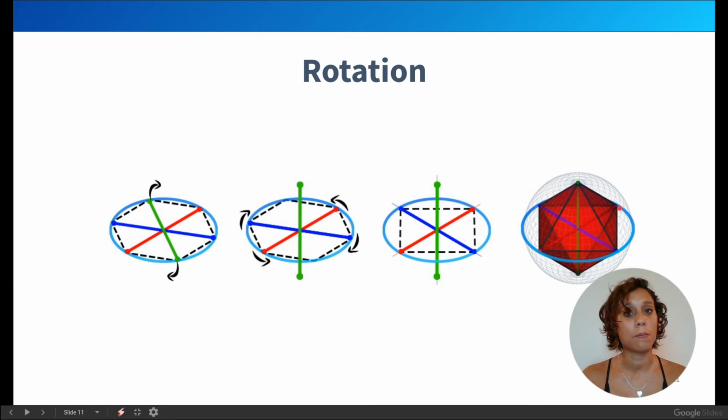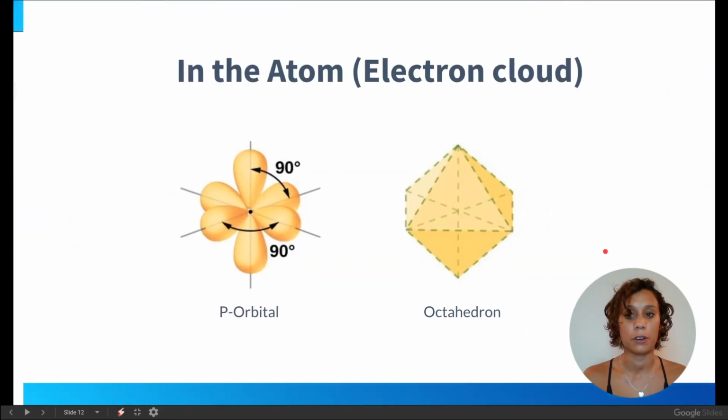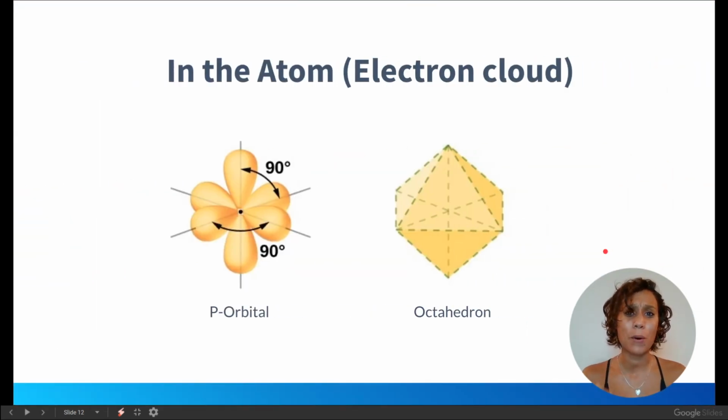Just by rotating and by bringing everything in equilibrium, we have this beautiful shape here. And what's even more amazing is this is not just a random shape. Most of us probably won't see it anywhere in reality, but if we look into the smallest part of what reality is, which is matter, the atoms, you'll be surprised to know that it actually appears there.